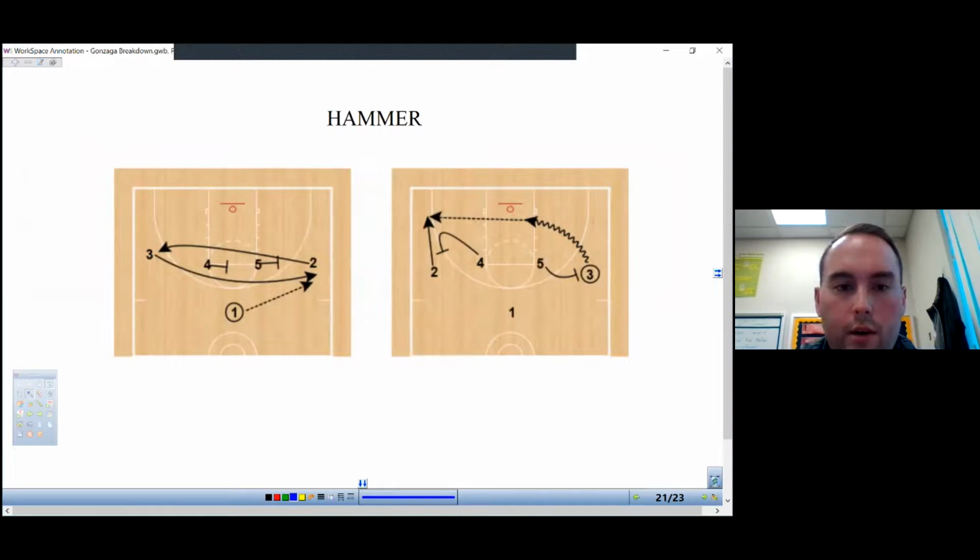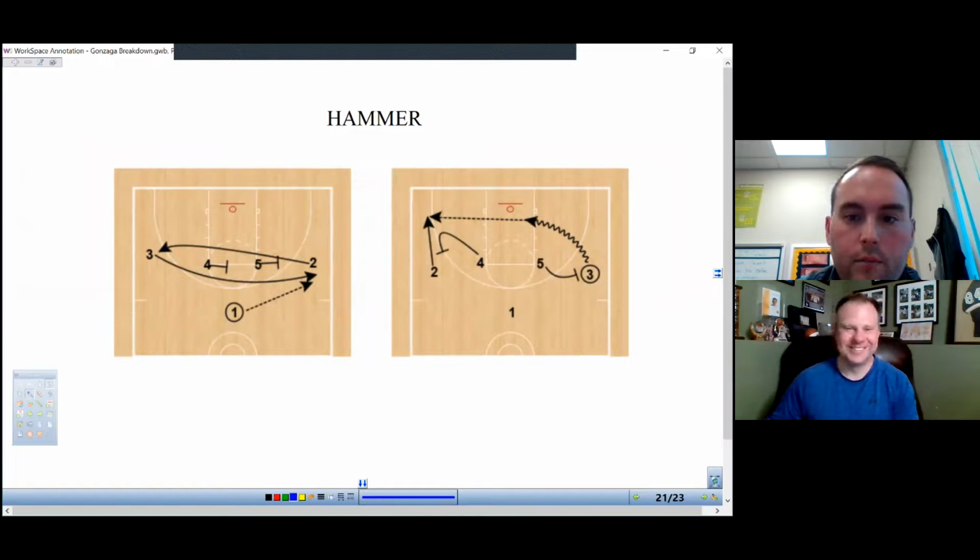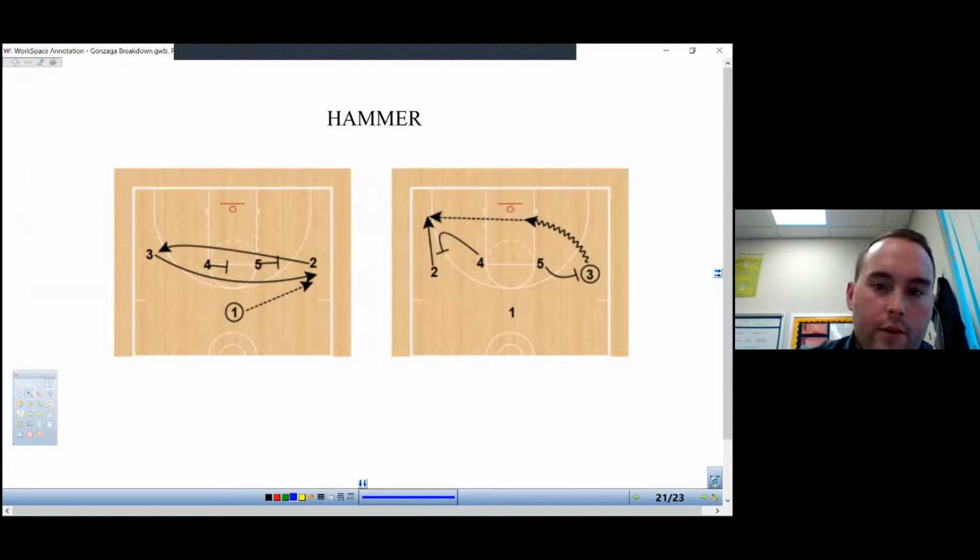So with the hammer part, we Iverson, and then we get the 3 off the ball at the wing. We're going to reject the ball screen, and if they have the layup, we're going to take the layup. And more than likely, this pass isn't going through the paint. In a game situation, this pass will actually come behind the rim, behind the backboard, and we'll hit that